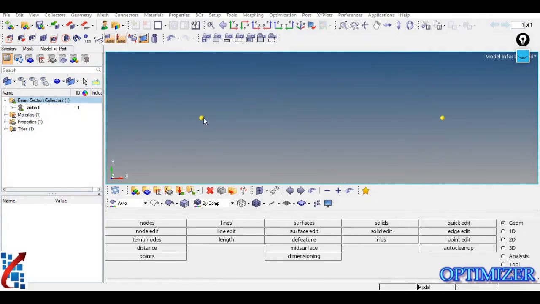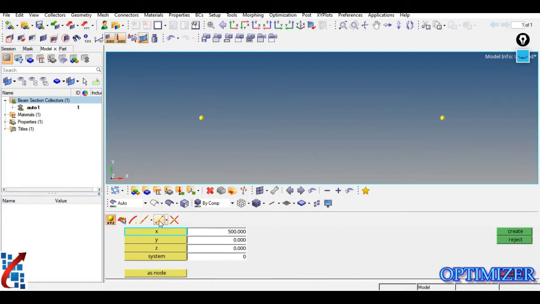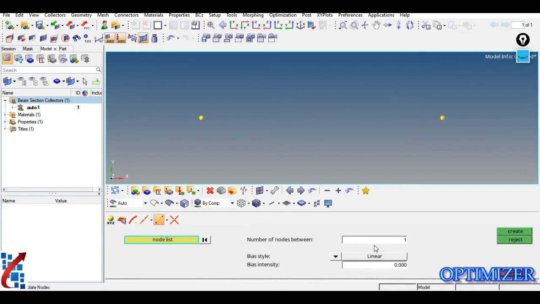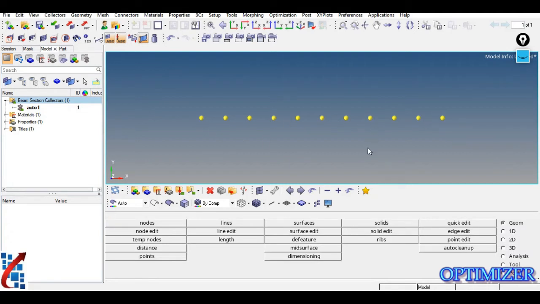In the first method, you need to create nodes in between these two nodes. So for that you just go to nodes, and there is one option, that is interpolate node. You need to click on this interpolate node, and then enter how many nodes you require in between. Suppose I want to create 10 elements from this node to this node. So just define 9. So 9 plus these two, 11 nodes will be created here, and 10 elements will be created. Now just click on return. So I have created only nodes here.